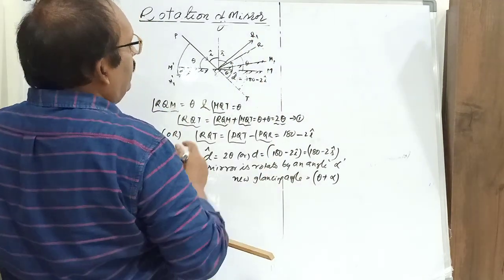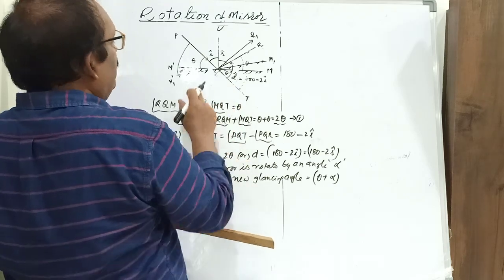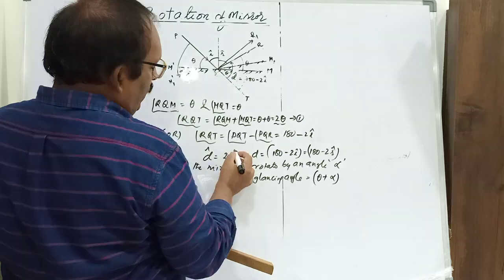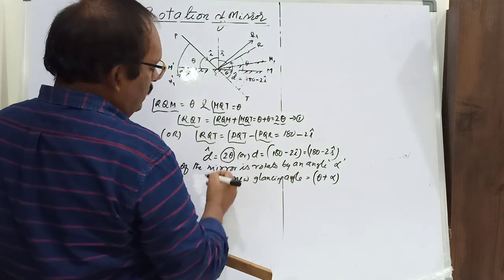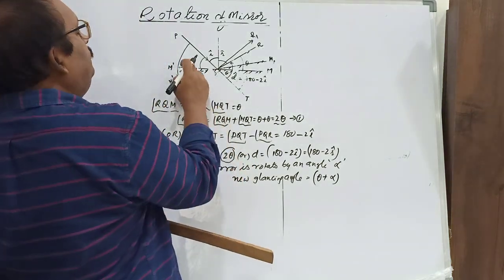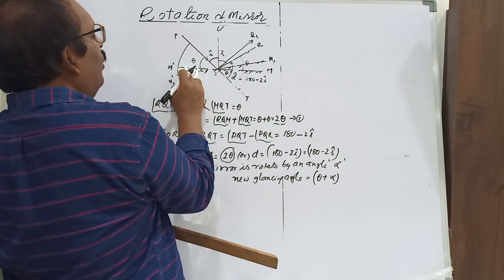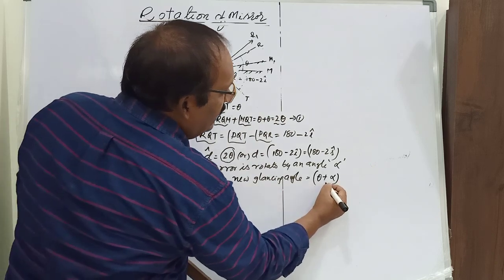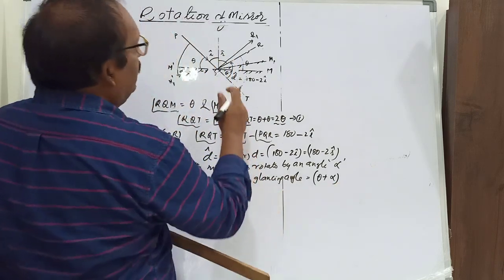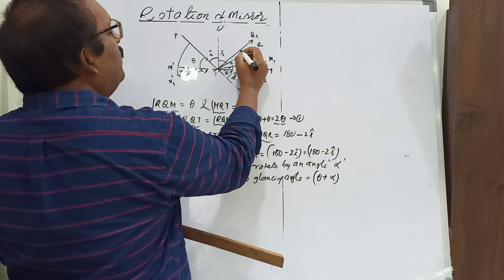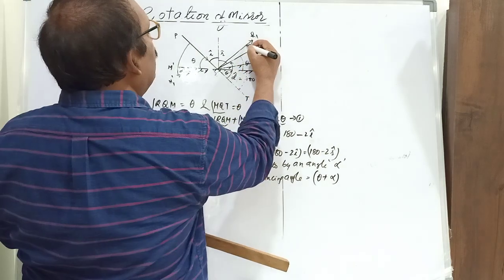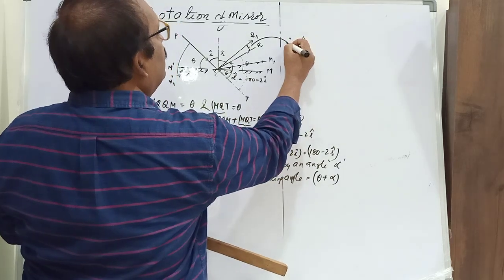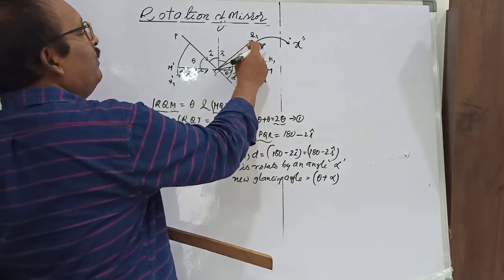Very good. Then can you tell me, when the glancing angle is theta, the angle of deviation is 2 theta, right? Now the mirror is rotated by an angle of alpha. The new glancing angle is theta plus alpha. Then the reflected ray gets rotated by an angle of how much? This angle we need, which is X. So we need to find out the value of X.